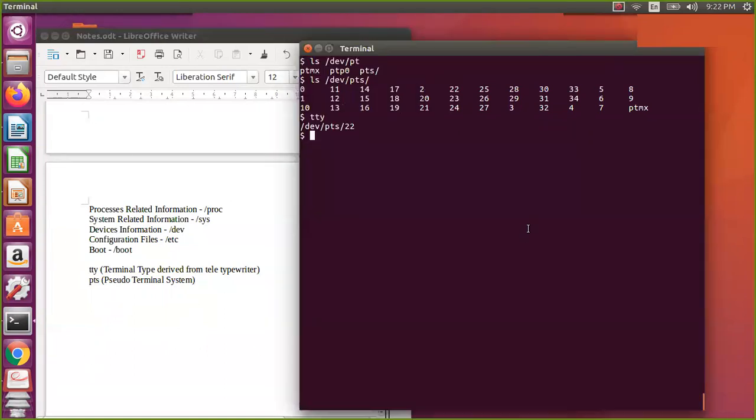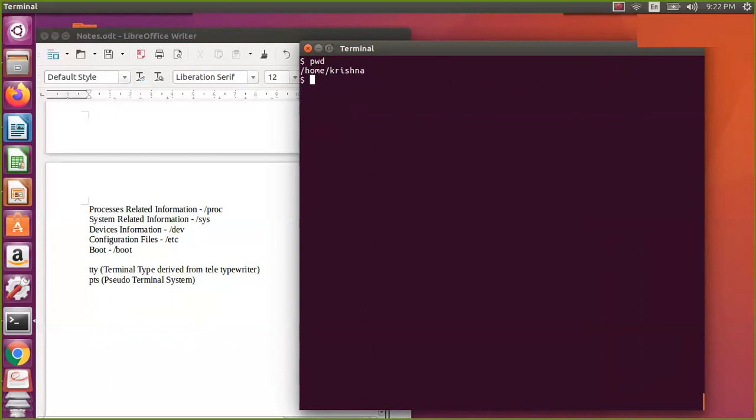This is not a real terminal. A real terminal will not have a GUI and all, which you have in the simulation. It is nothing but a console. Control Alt F1 to Control Alt F6, that's what you will get. Okay, so now we have seen a couple of things in the device.